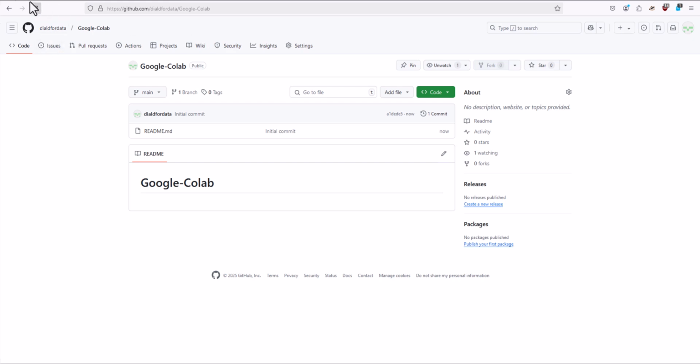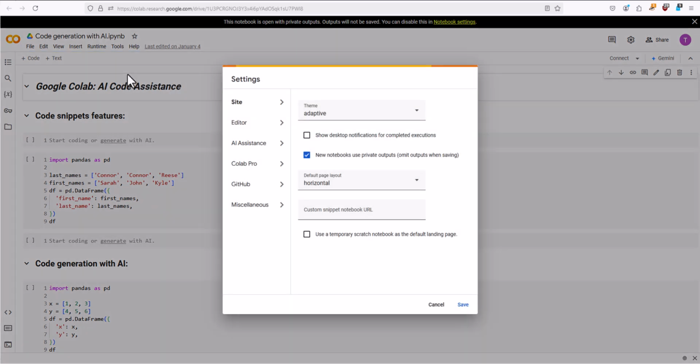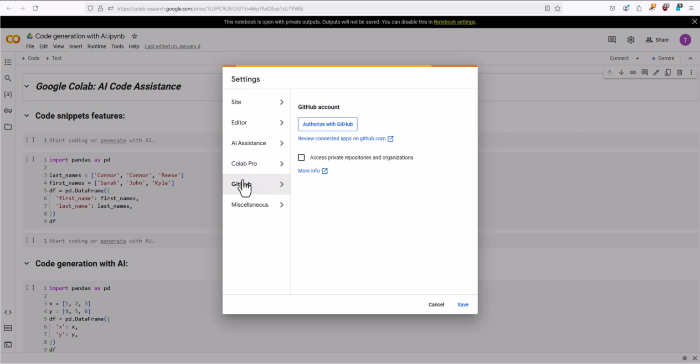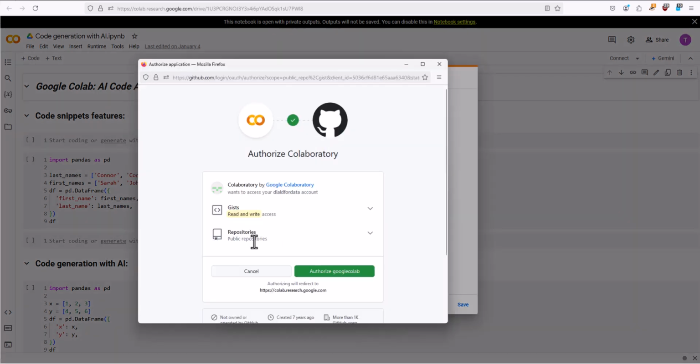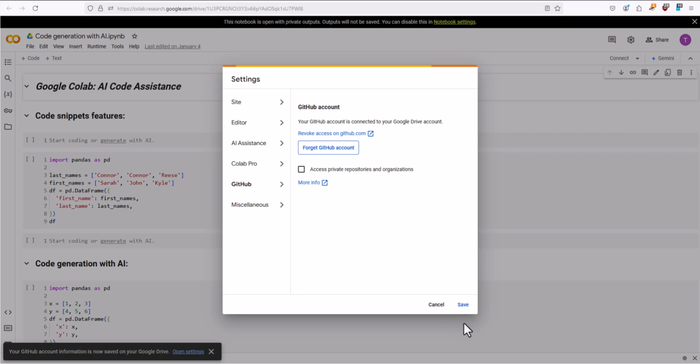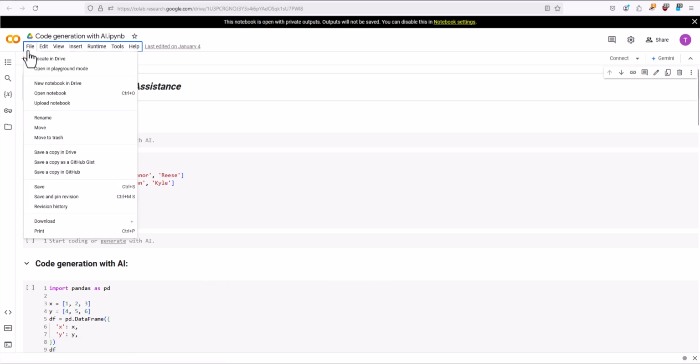Now if you go back to your Google Colab, then go to tools and from there settings, and then go to GitHub. From here press on authorize with GitHub. Then you need to press on authorized Google Colab. And if you press save, so if you go here and if you say save copy in GitHub,